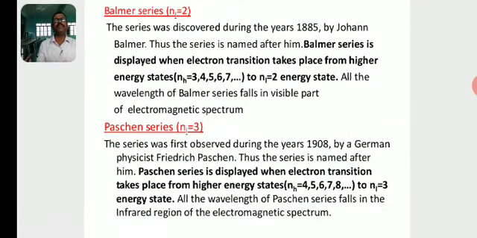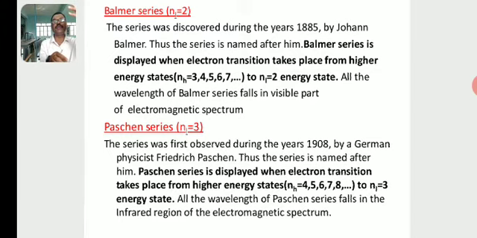So second one, Balmer series. The series was discovered during the years 1885 by John Balmer. Thus, the series is named after him, Balmer series. So, Balmer series is displayed when electron transit takes place from higher energy states, from third, fourth, fifth, sixth, seventh to second energy state. So, the Balmer series which obtained the spectral lines which are obtained due to transition of electrons